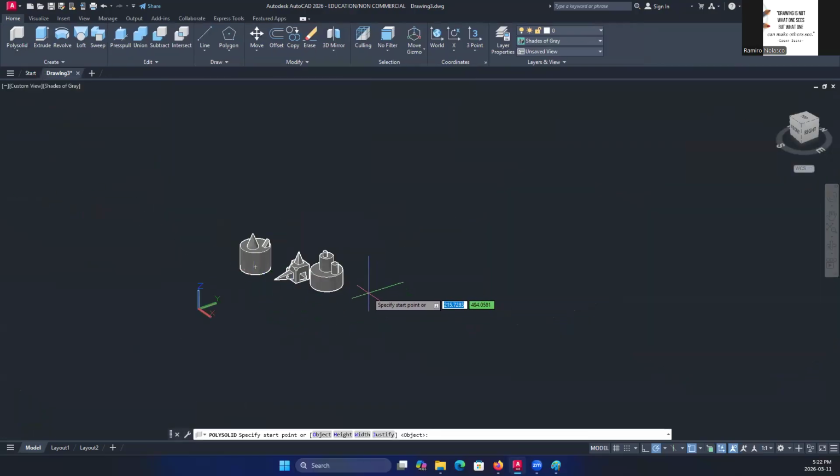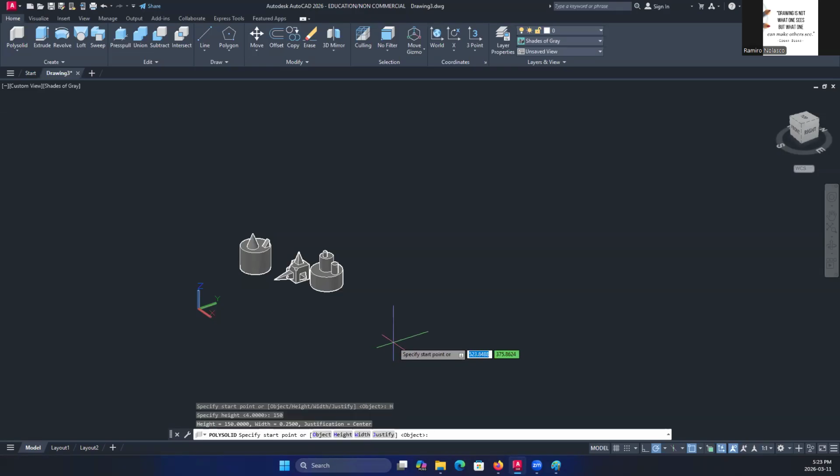Polysolid is a good way to create walls. You just have to specify the height of the wall right here, H. Let's say 150, enter. Specify the width of the wall, so let's say 25, enter. And then the justification: left, right, or center. Let's say left.